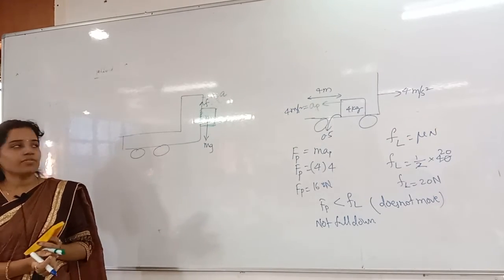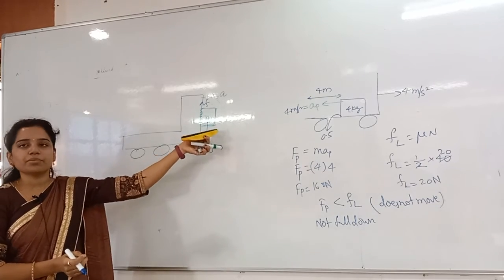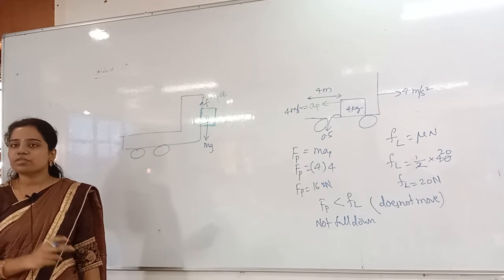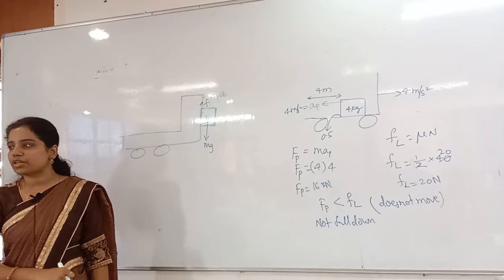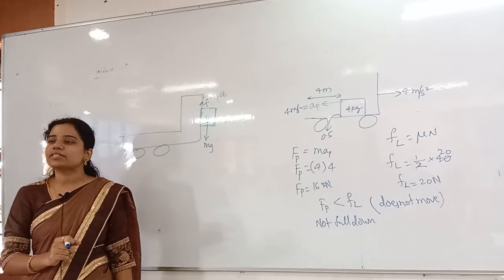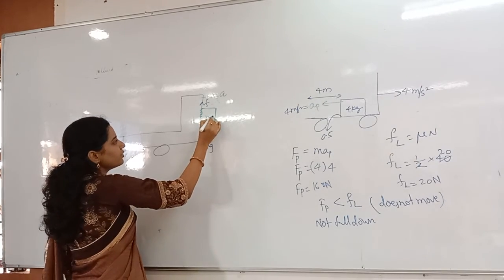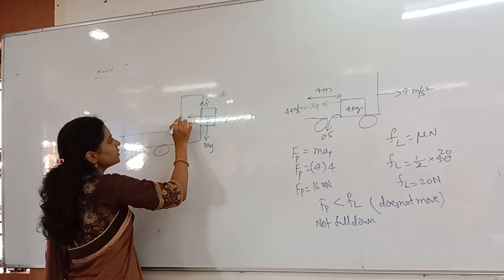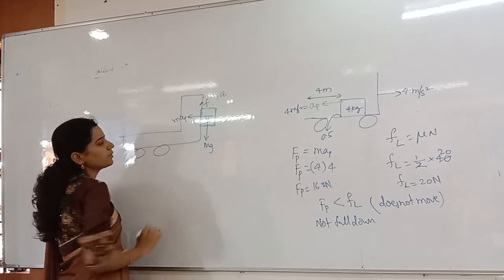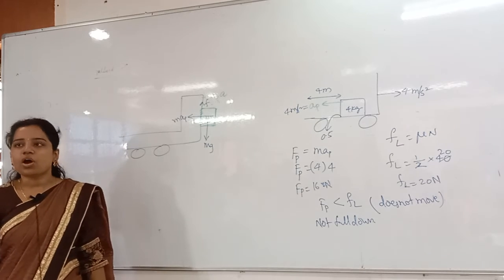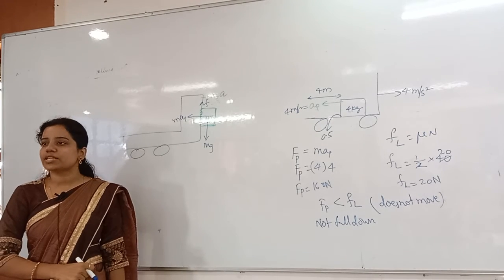Now the truck is moving with acceleration A, then this block is on which frame? Non-inertial frame of reference. Whenever it is in the non-inertial frame of reference, what will be acting on it? Pseudo force will be acting, backwards in this direction, that is MA. Now whenever the pseudo force is acting in this direction on the block, how is the normal reaction acting?